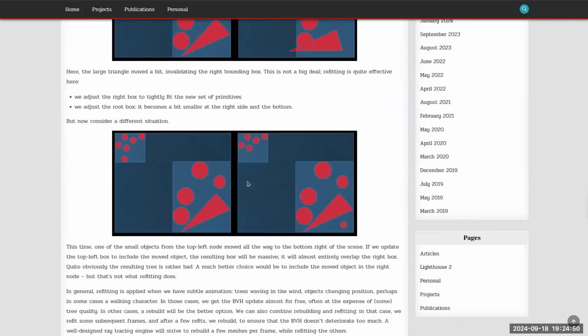But now we have to consider a different situation. This time, one of the small objects from the top left node moved all the way to the bottom right of the scene. If we update the top left box to include the moved object, the resulting box will be massive. It will almost entirely overlap the right box. Quite obviously, the resulting tree is rather bad, because that node is going to span basically the entire range that's covered by the BVH. A much better choice would be to include the moved object in the right node, but that's not what